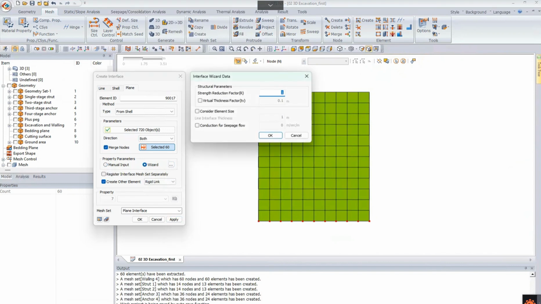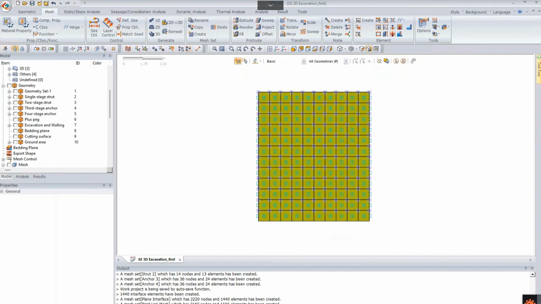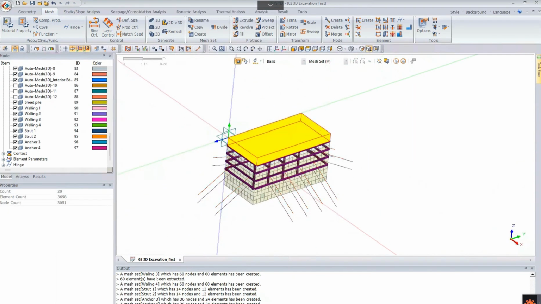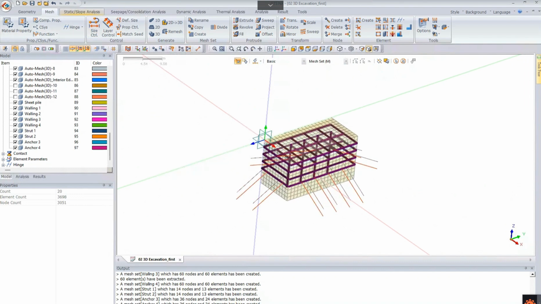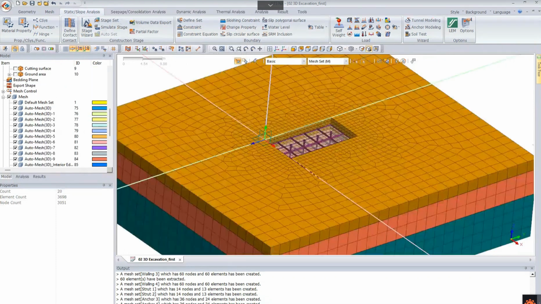Select the property parameters of the interface by GTX wizard. Interface wizard, so we have the reduction factor 0.67, and we use the default virtual thickness factor at 0.1 meter. OK, and create grid link applied. Okay, now you can go to the static slope analysis, create a constraint for your model,